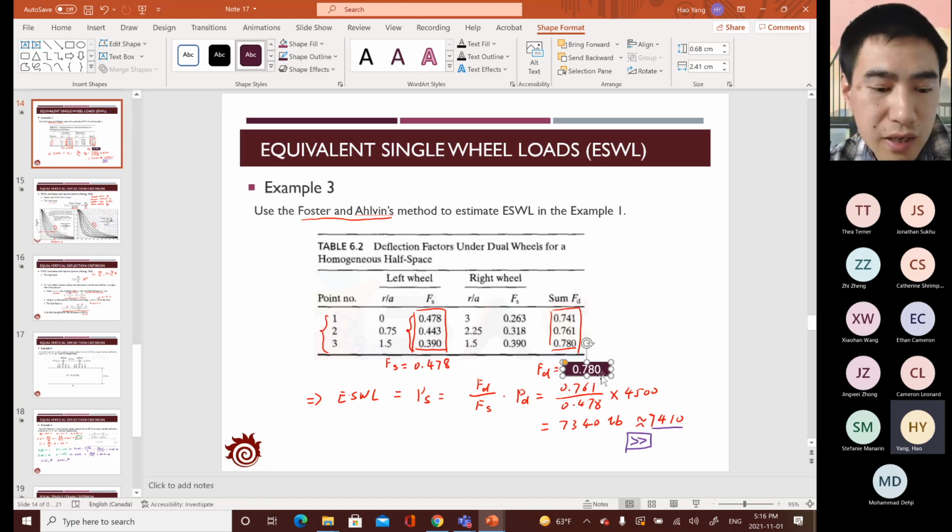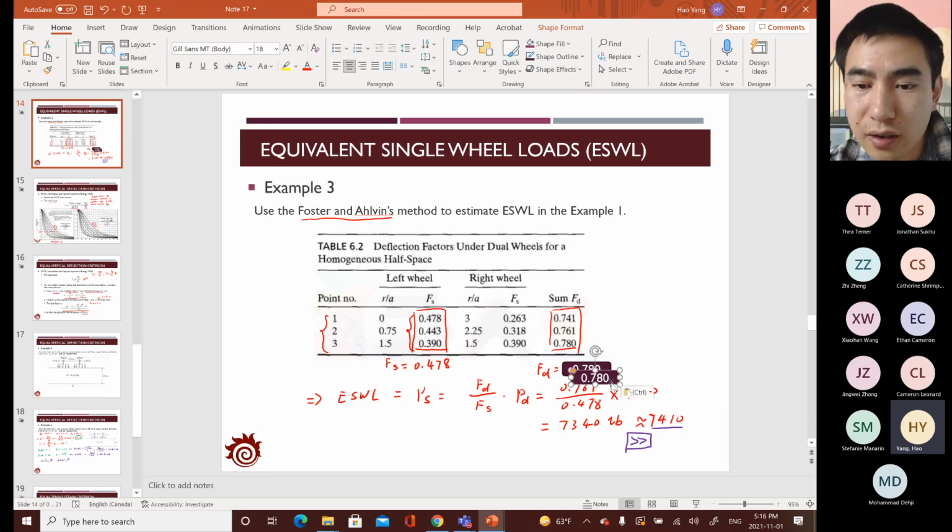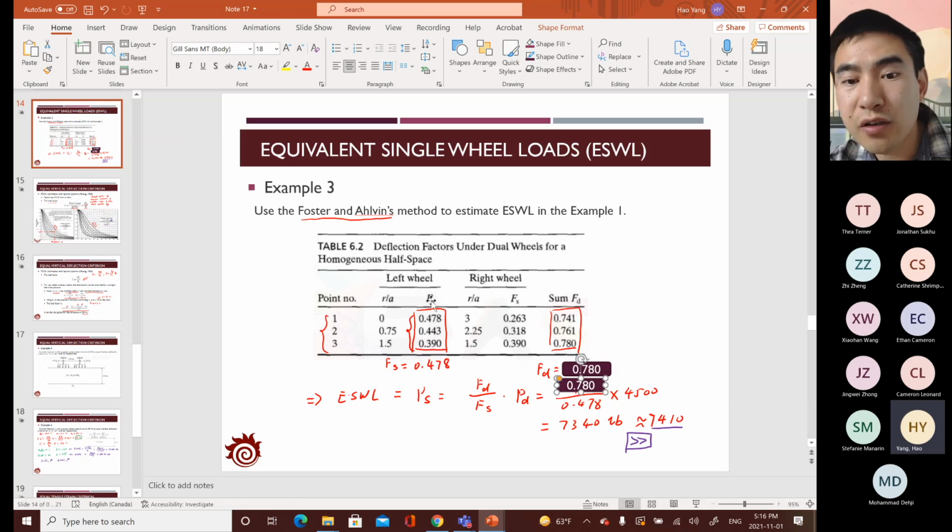And we know that FD is 0.780, and FS is 0.478, which will be the maximum value of this column, and the PD is 4500, and then you can calculate the ESWL, which will give you the value as